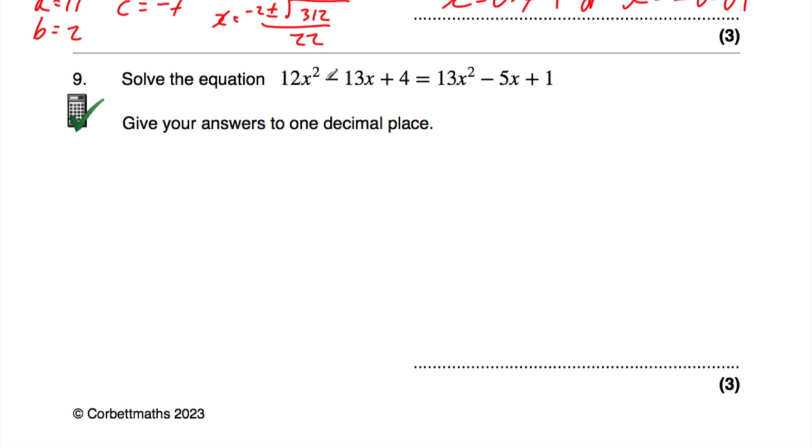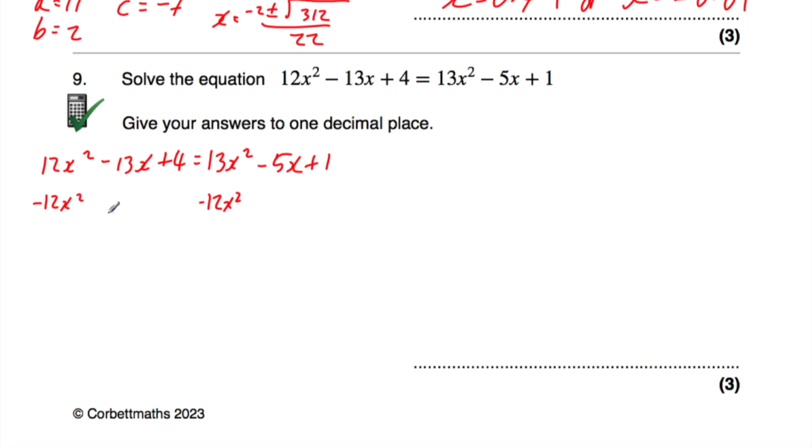Now if we have a look here, we've got 12x squared and 13x squared. I'm actually going to make the left hand side 0 and bring everything over to the right hand side. So we had 12x squared minus 13x plus 4 is equal to 13x squared minus 5x plus 1. Now I'm going to make the left hand side 0 here, so I'm going to subtract 12x squared from both sides, and I'm doing that because I know that if I subtract 12x squared from the 13x squared, that's going to be positive, so I'm making sure that my x squared term is positive. It's okay if you have it the other way around, you could then just bring everything back to the other